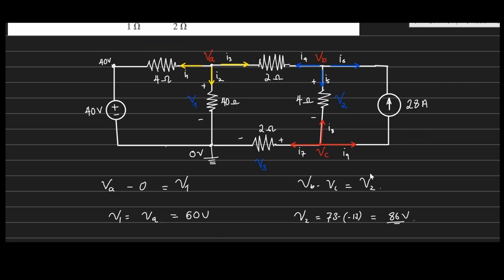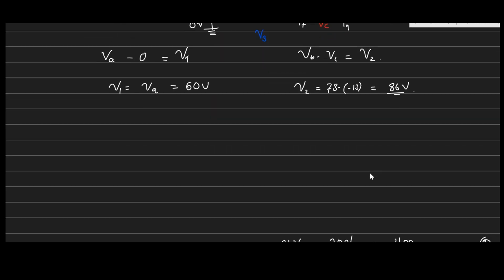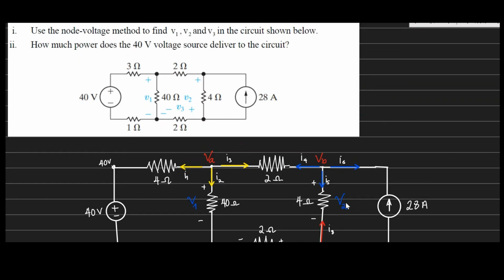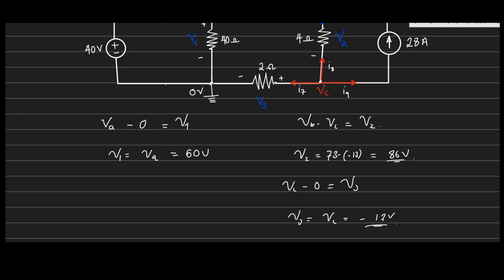And then we can also calculate what? V3. If you come from the node VC itself, what do you have? VC minus the voltage where you are going, the end point, which is 0, is equal to positive V3, because we're meeting the positive sign first. So V3 is equal to VC, and our VC was negative 13 volts. So our V3 is simply negative 13 volts. So this is the end of our